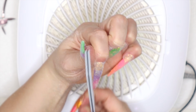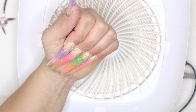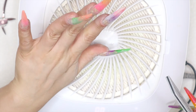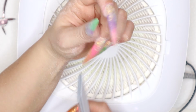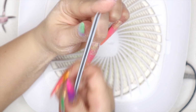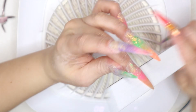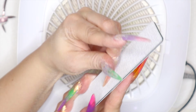So for stilettos, as always, you want to hold your file straight at an angle and then file in towards the tip, and alternate sides until you get your desired tip thickness. If you want them to be super sharp, you would just keep filing the tip in. If you want them like I do, I file them in till they're pointy,